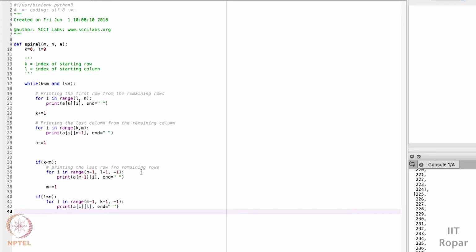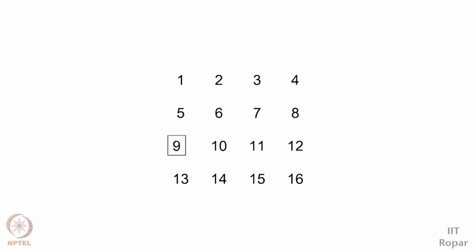Awesome. This is done. I'll just increment my L here, because again, L was the starting column index. After I printed all the elements of the first column, I have to go to the second column and do the same thing again. I have to do this thing here, and then next thing here, and next thing here.